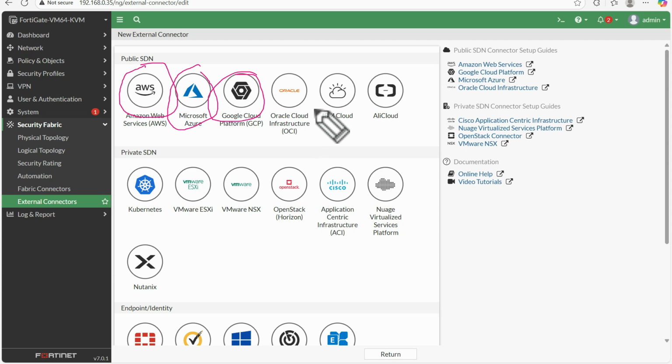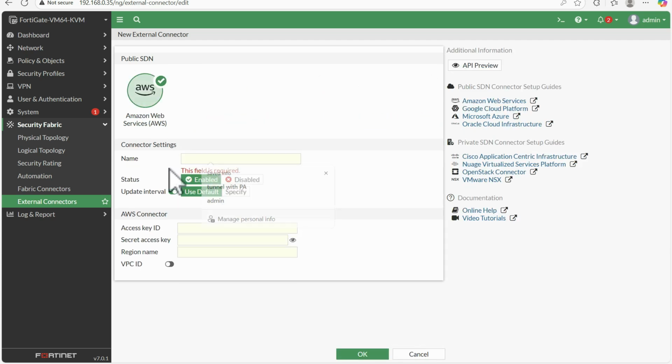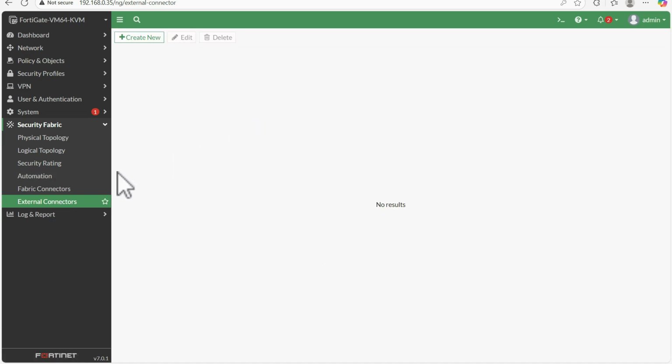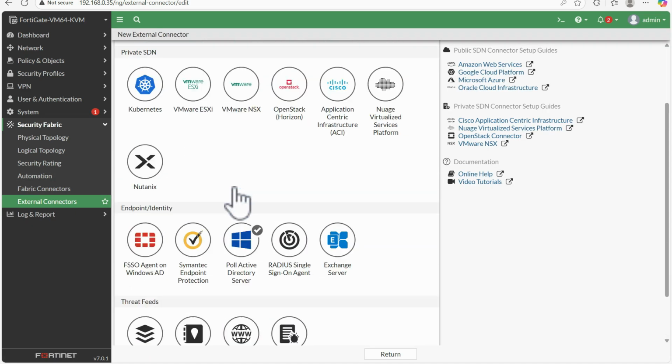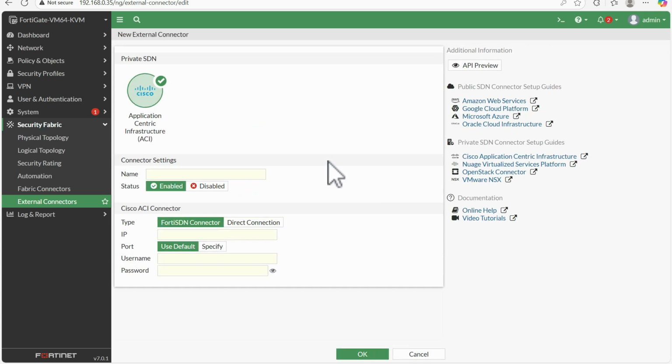If you deploy your firewall in the cloud, you can connect it with your AWS or Azure accounts. You have to define the access ID and secret, and it will connect. Now there is another option: you can connect to Kubernetes and Cisco ACI.